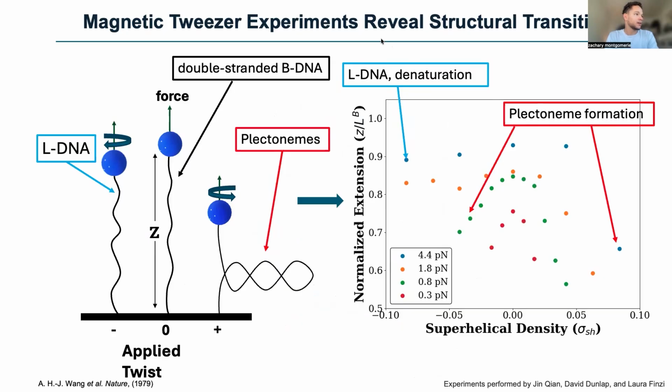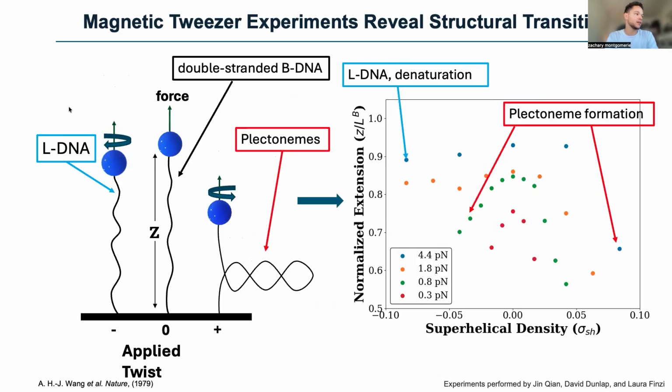Using magnetic tweezer experiments, experimentalists can reveal these structural transitions. If you have a DNA strand that's pulled under constant tension and you twist it positively, you can get what are called plectonemes. These are coils where the strand is coiling over itself. However, if you twist it in the negative direction, instead of plectonemes you can get this transition